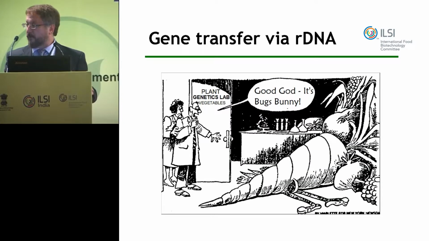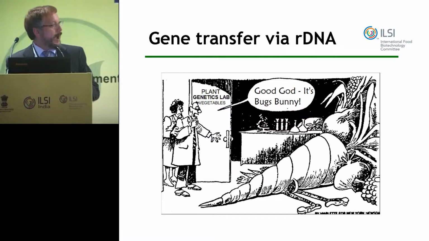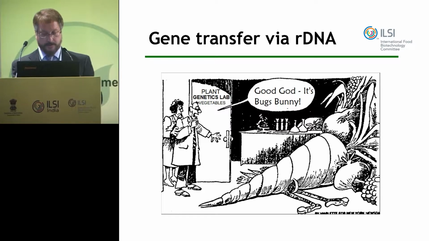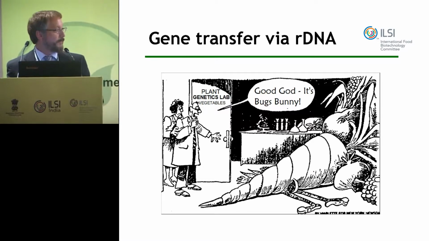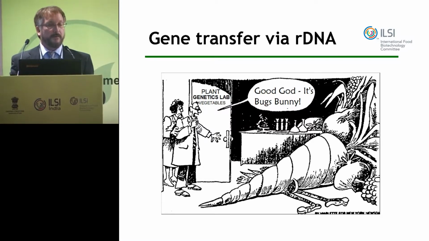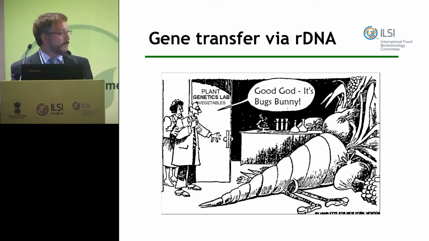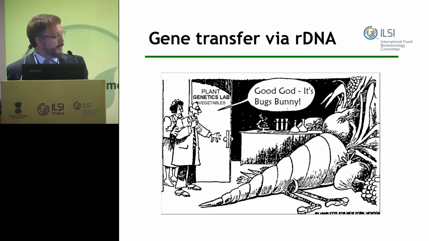I always use this cartoon to illustrate that it's very powerful technology. You can tell that by, you can do things that we couldn't do before. The cartoon illustrates that it's a technology that lends itself to exaggerations. As powerful as the technology is, we cannot create such level of changes. And if there's anyone in this room who thinks it's dangerous technology, there is your proof. The first victim of a GMO was Bugs Bunny.